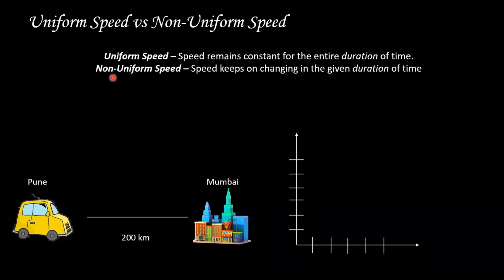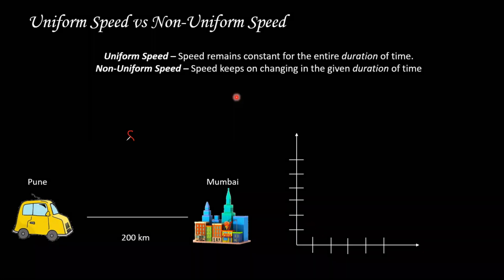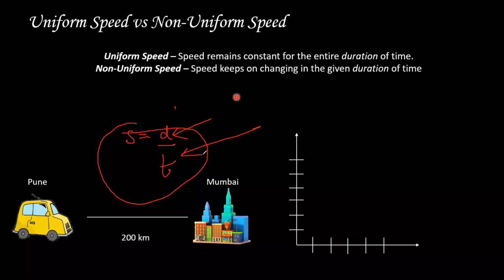For example, let's say speed is equal to distance upon time. Speed, our formula which we learned last time, is speed equals distance upon time. Now this is a formula, these are not values. So anywhere, anytime in your life, if you want to calculate speed, you just put the distance over here, the time over here, and you will get your answer. An equation is nothing but representing that information in a form that we can use anytime, anywhere.